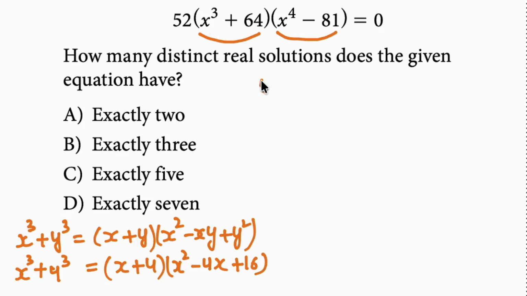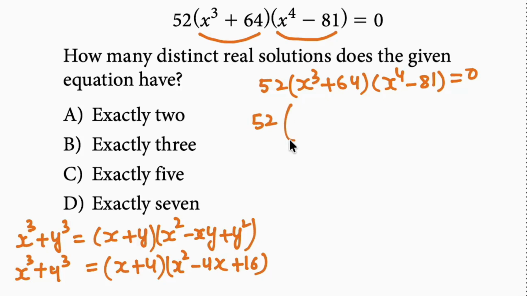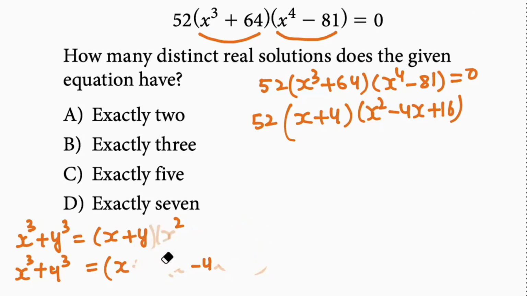Let's start doing here. So 52 times x cubed plus 64 times x to the 4 minus 81 is equal to 0. First, let's write the factors of this, which are x plus 4 and x squared minus 4x plus 16. Now we will factorize